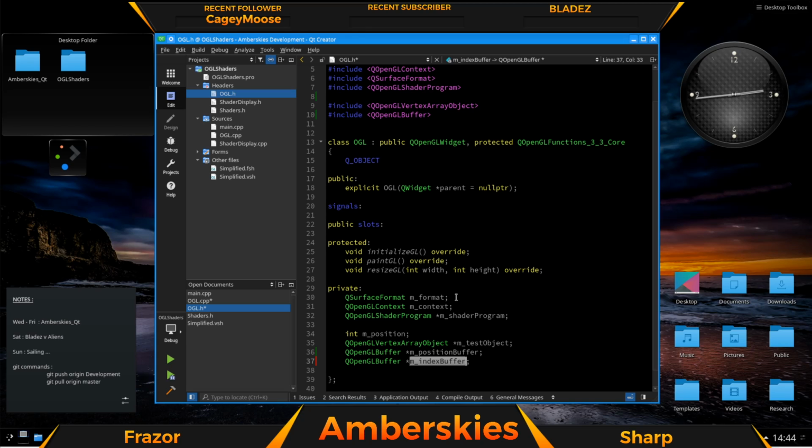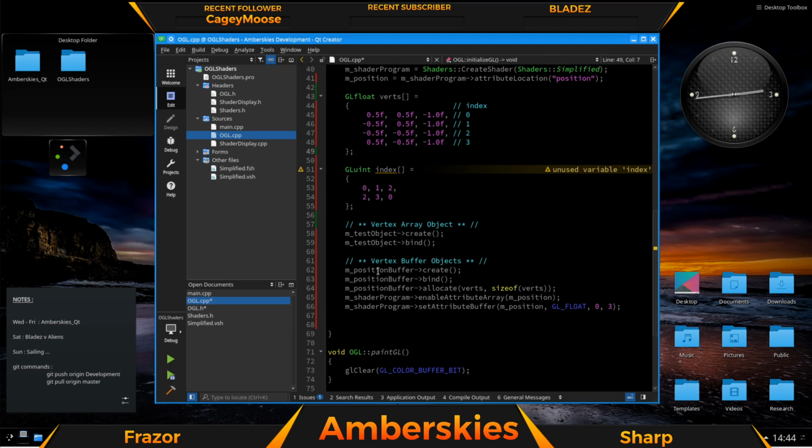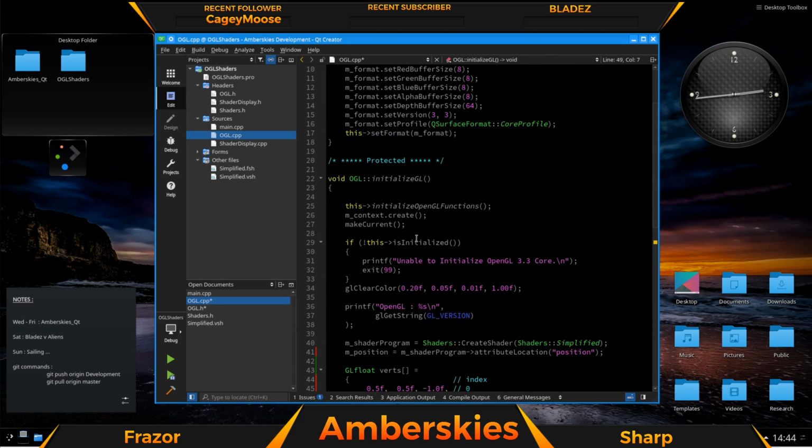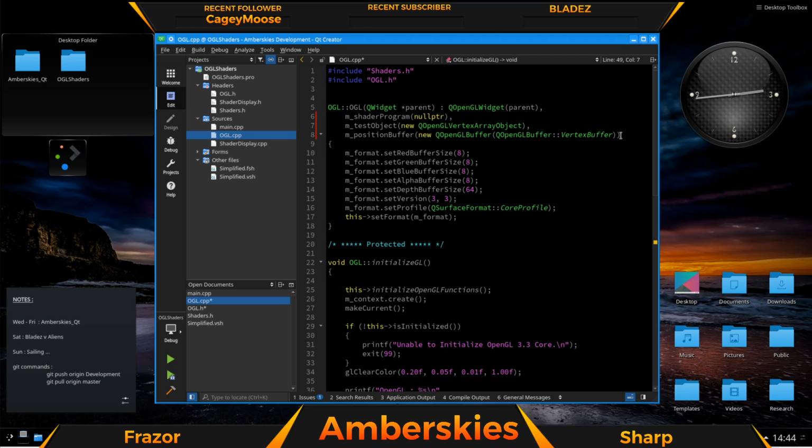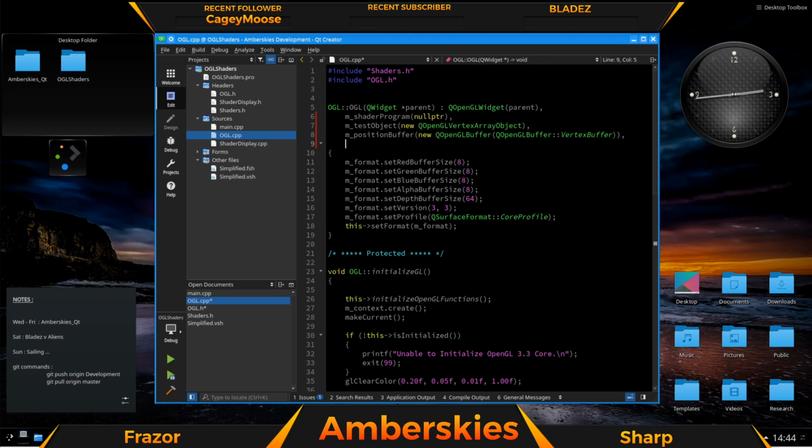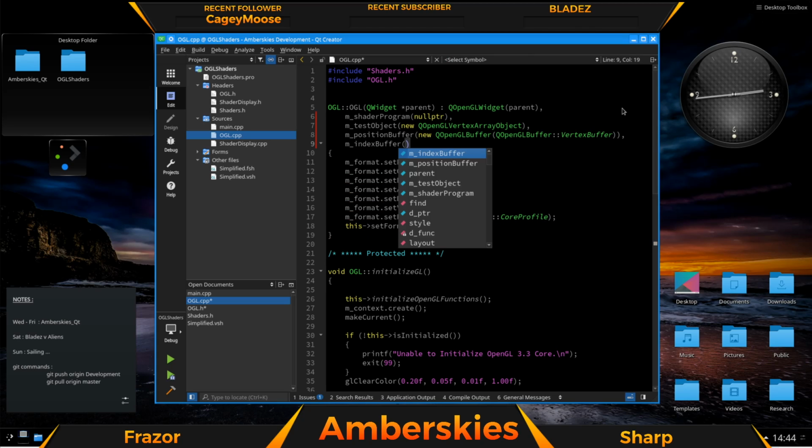I just realised this is turning out to be a lesson in OpenGL on Qt, which is not exactly the intended outcome, but it's worth doing properly. Put a comma on there, hit return,